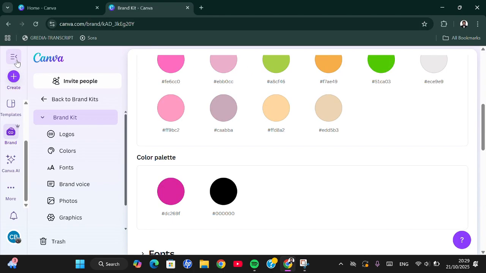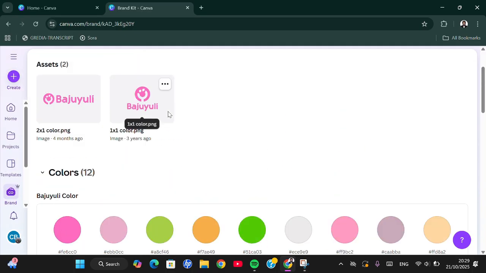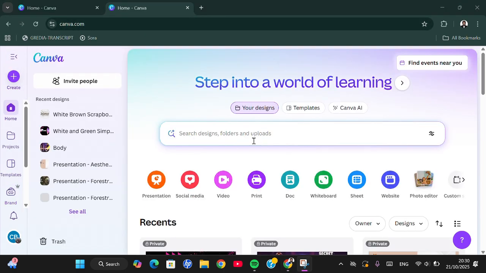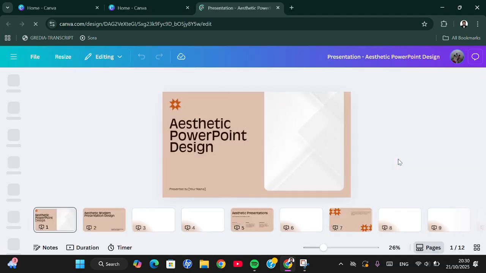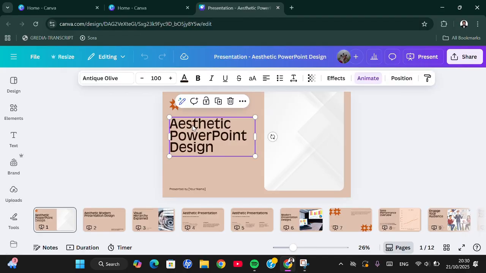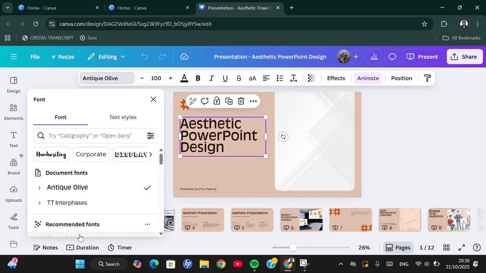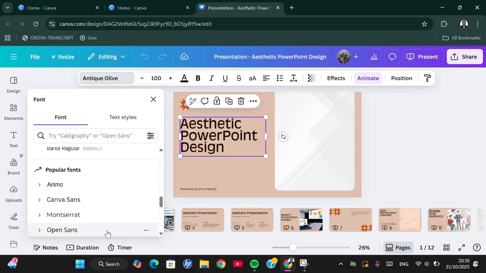And the second one, you're going to go to your design. Wait, let me go back to the home page of Canva, and I'm going to pick a random design. Okay, and if you want to upload your font, just go to the tags, any tags, and go to the font, and at the bottom you will see upload font, but here I can't see because I'm not the administrator